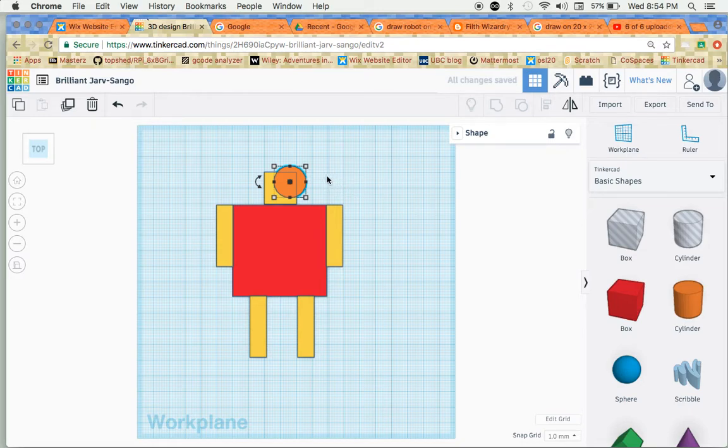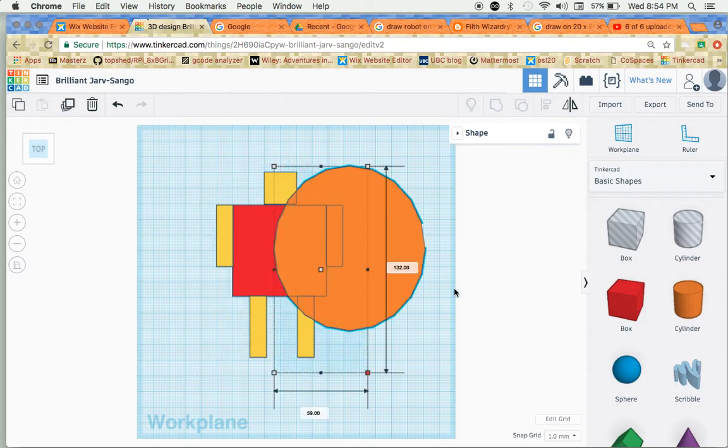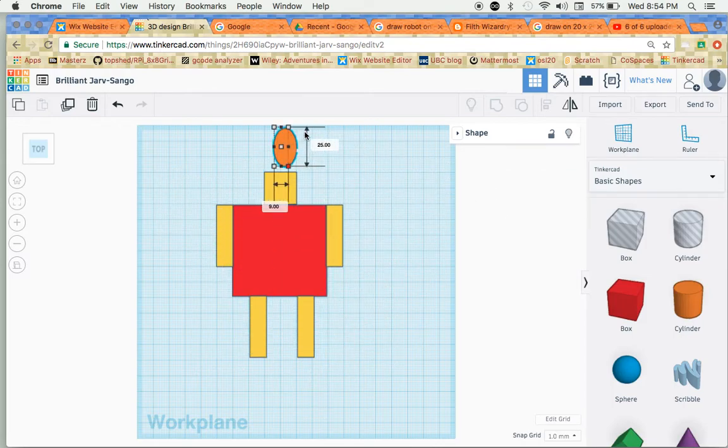So this time, rather than click on the little black boxes on the side, I'm going to click on one of the white boxes. If I click on that one, you'll notice I can really change the size of the shape. So I'm just going to get it about eye size, and then I'm going to use my arrow key to move it into the right position,